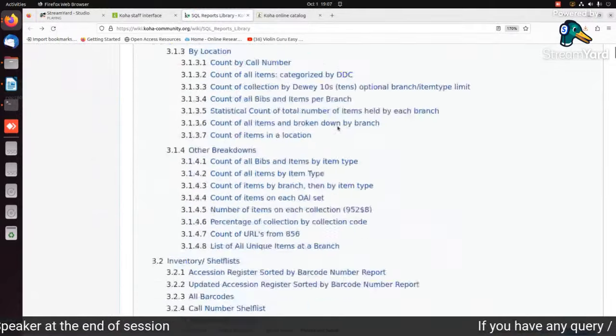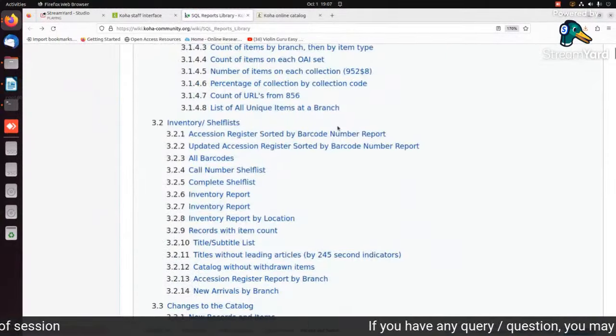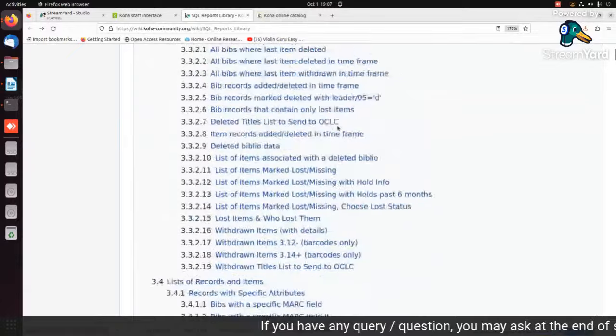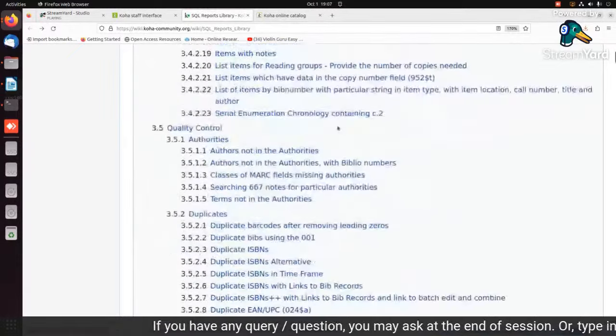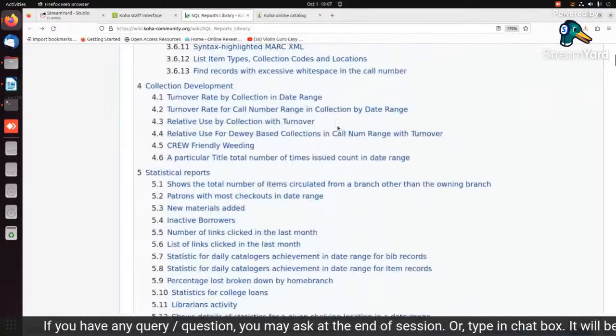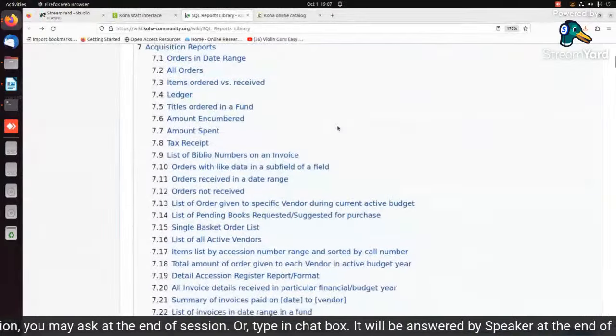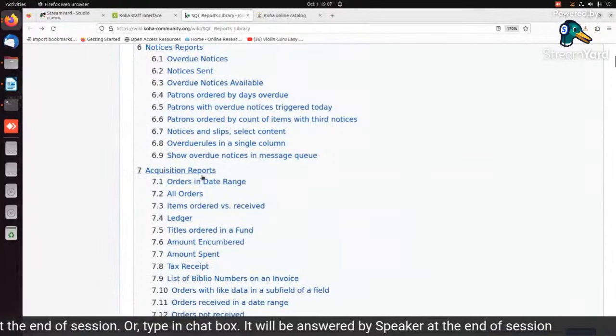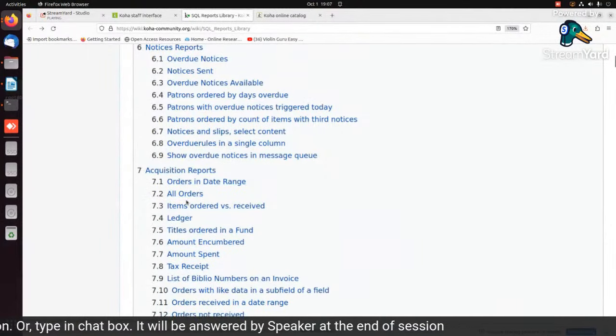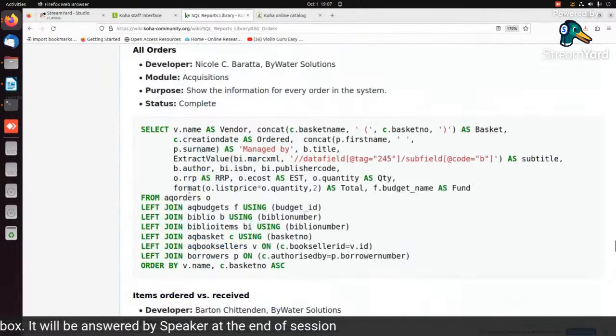We need to locate the acquisition. Yeah, I got the acquisition report. So you can generate, let's say you want to generate all orders. So I select this,